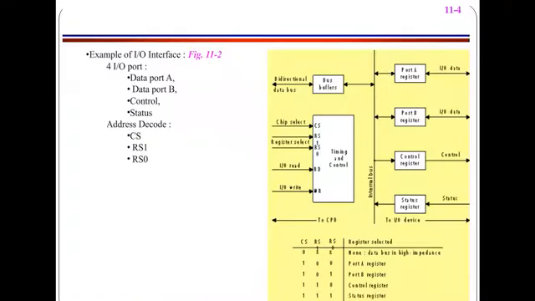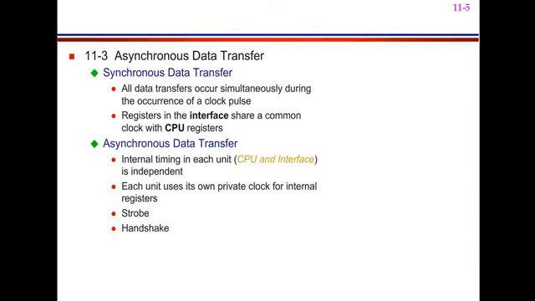This is done. Next comes asynchronous data transfer. Whenever we go with data communication, it can be of two types. One is synchronous data communication and the other is asynchronous data communication. Synchronous data communication is when both the devices are communicating, the speed of operation of both the devices should be the same. The clock frequency should be the same, and then it is a synchronous type of data transfer.